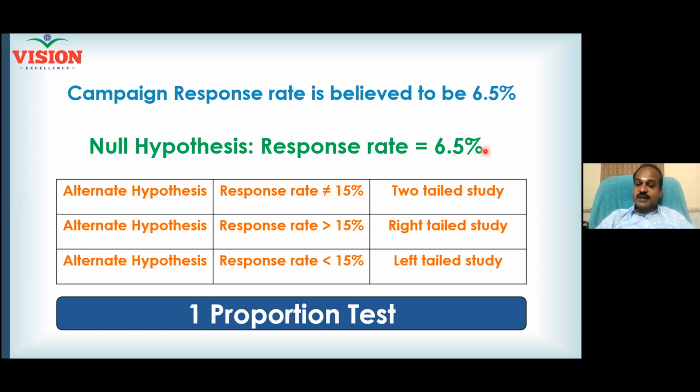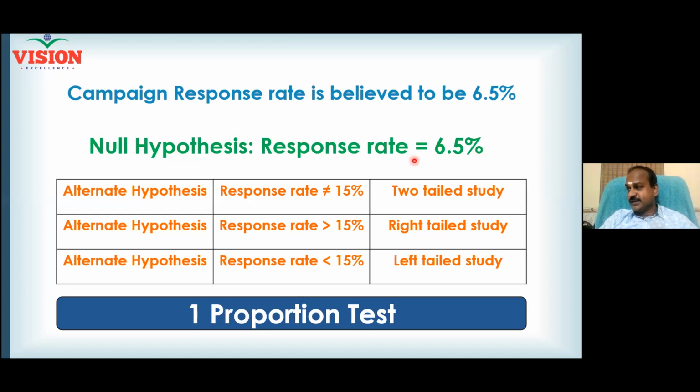88.7% result. So far, what is the belief in my company? My company marketing team can give me only 6.5% result. But right now, in the last campaign, maybe some changes we have done, that has given me an improvement in the result. Is this improvement really because of the change? Now, this leads to hypothesis testing.